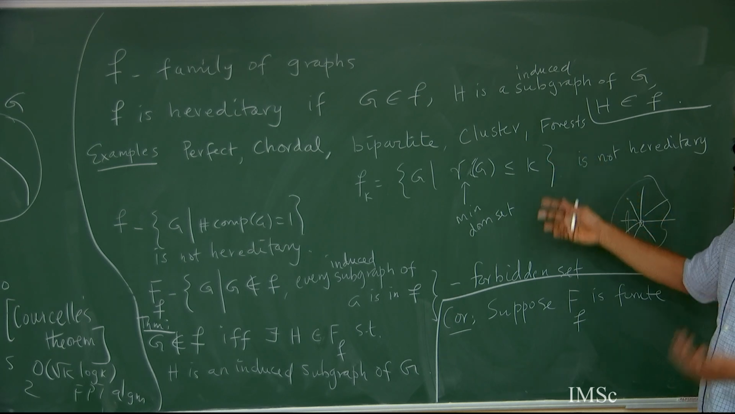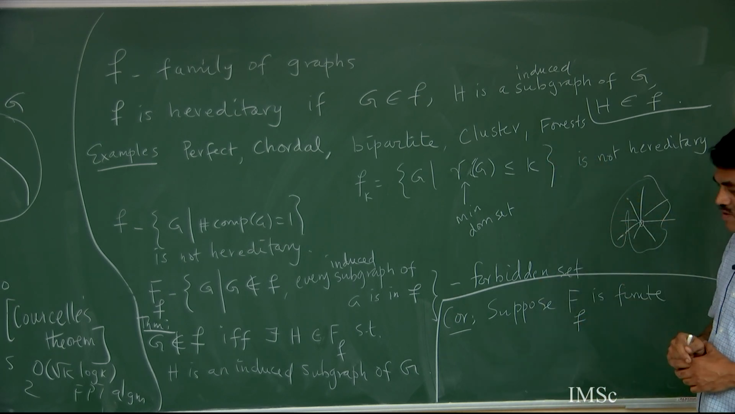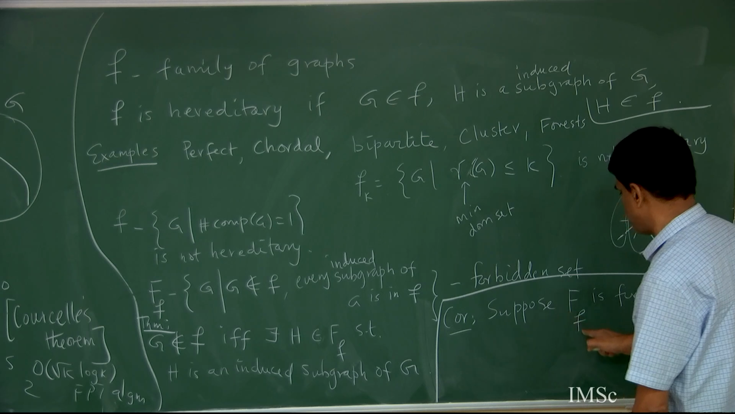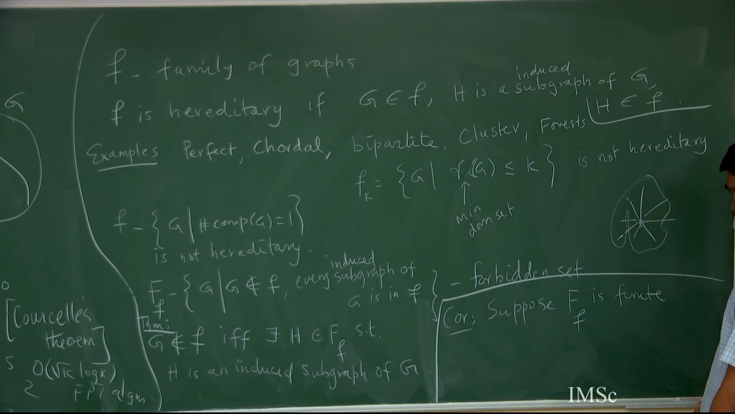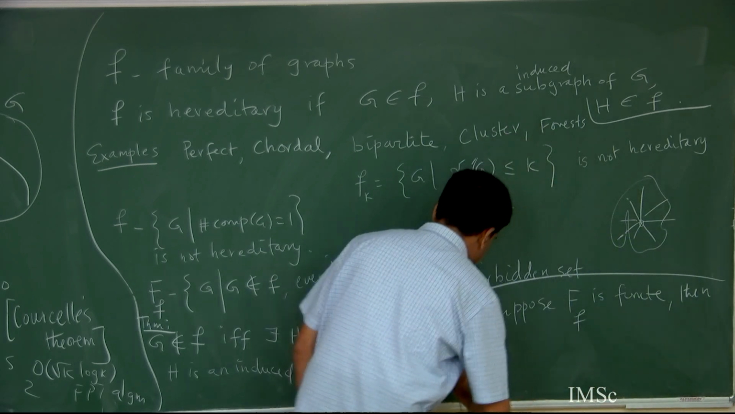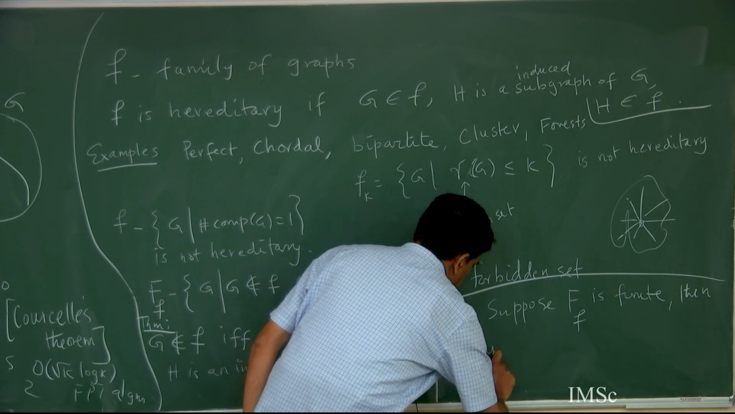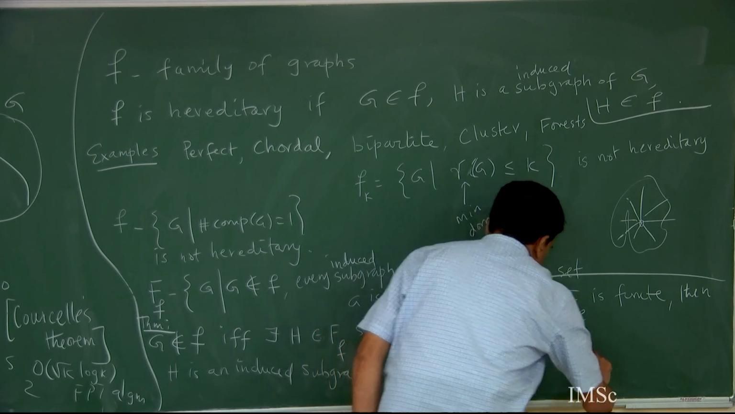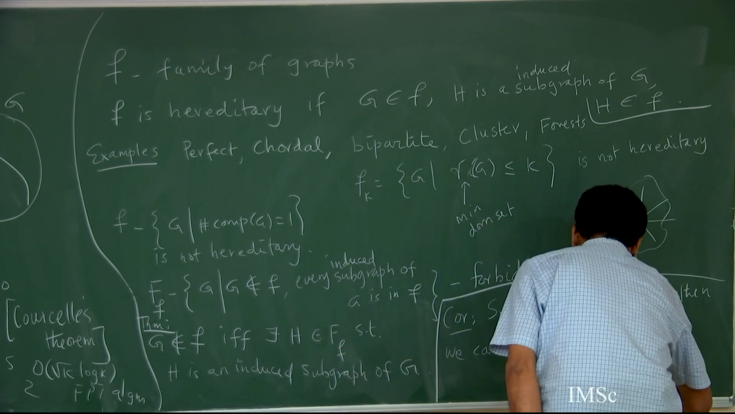All cycles, right? Again, it's infinite. So what I'm saying is, suppose the forbidden set for a class is finite, then we can test whether a given graph